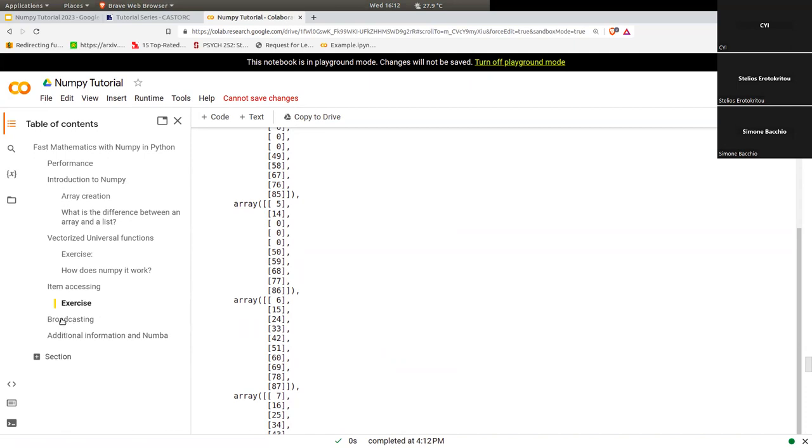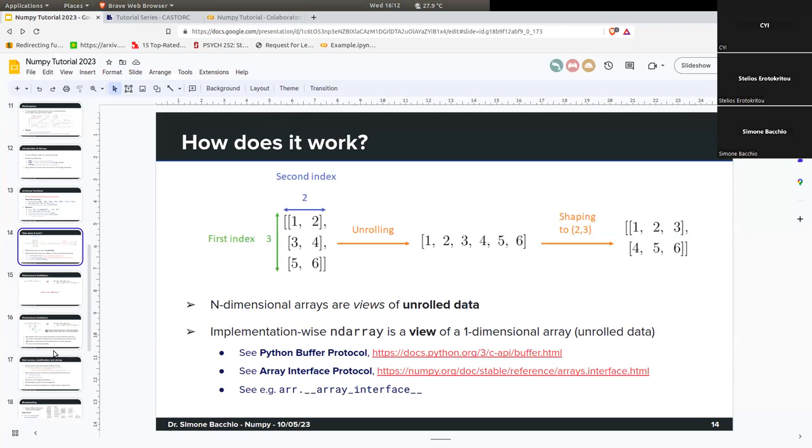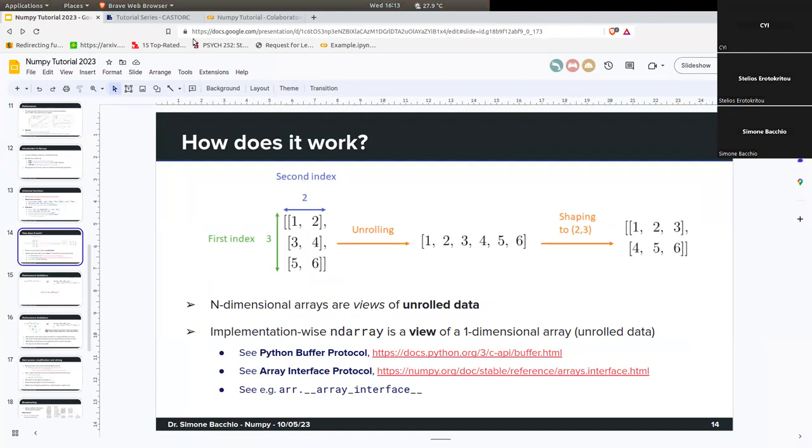No? Okay, let's go to the next one. Someone is happy. So, let's go to the last important part about NumPy, this last very important feature of NumPy. What did we achieve so far? We understood how to make operations on an array, how to access and manipulate arrays, etc. The last step is to